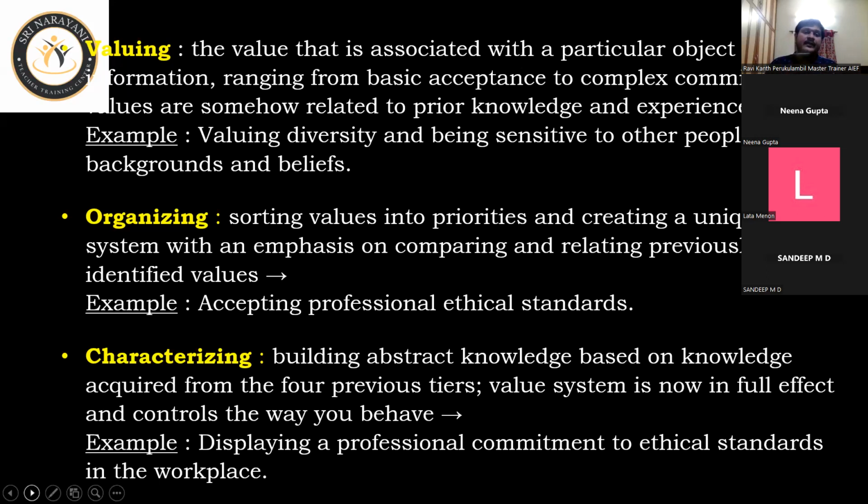That's why in NCF 2023 also, it is clearly stated that we have to create citizens who have the values and characters that are needed for the nation. So the value system is a significant part